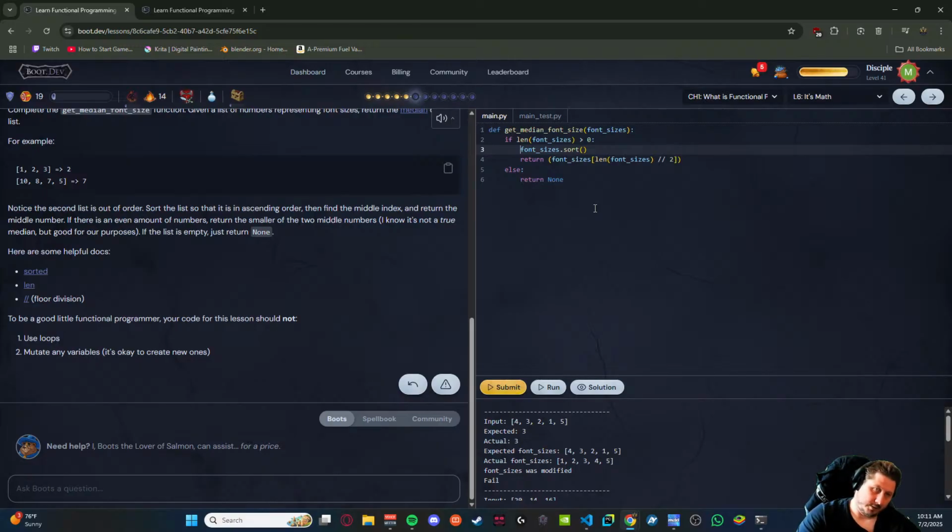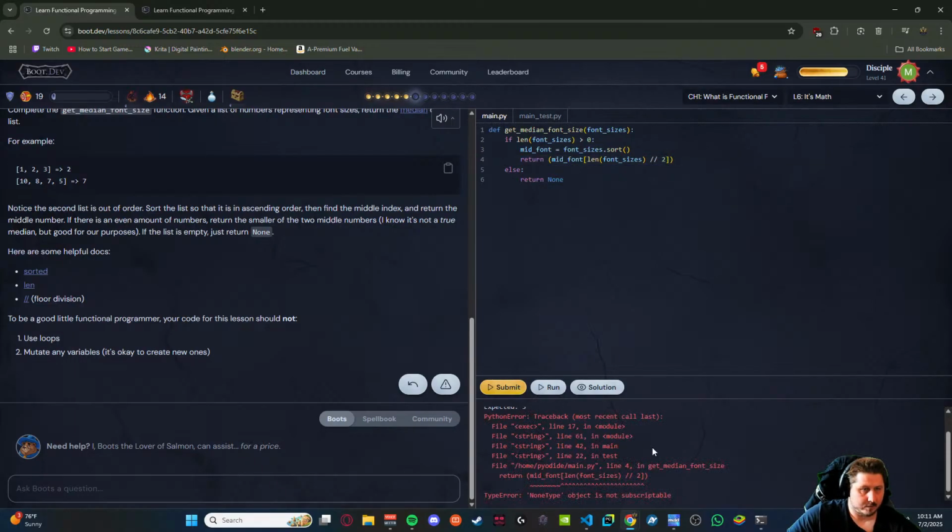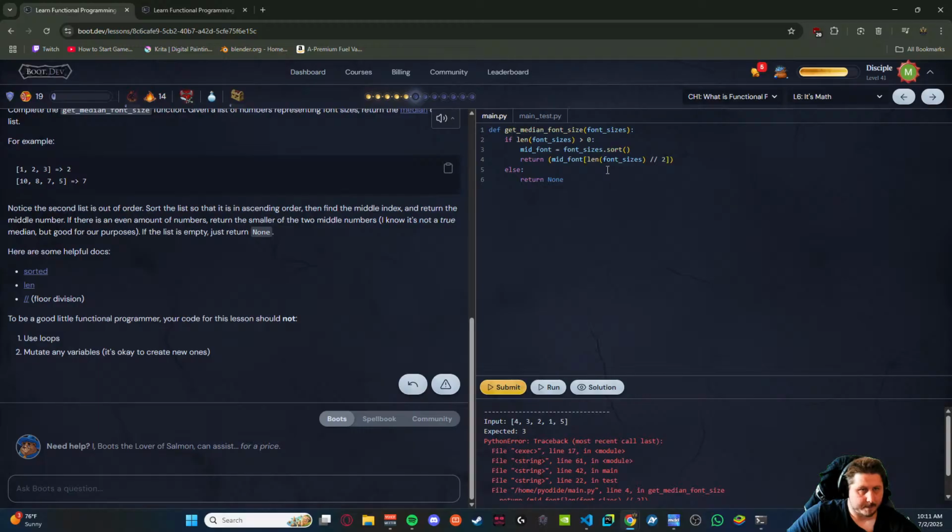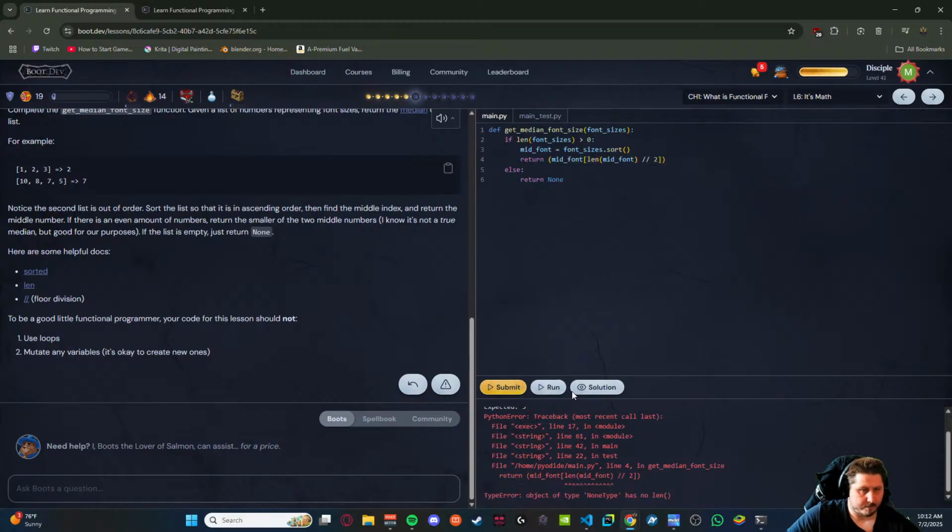So let's call this median. Is that what I'm looking for? Median, right? Mid font equals. And we do mid. Why is this not right?